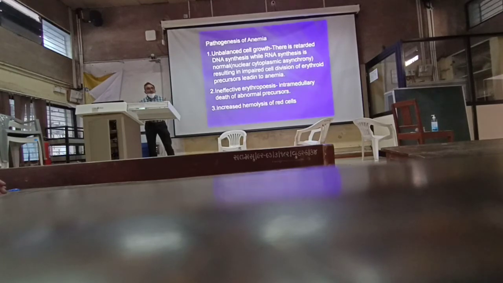Number two, the cells formed are also defective. Anisopoikilocytosis. The shape is also abnormal because of the large content, so they cannot pass through the reticuloendothelial system properly. So extracorpuscular destruction is also there. The cells which are formed, although they contain enough hemoglobin, are fewer, and out of those, a few are destroyed by the reticuloendothelial system. This is the reason for megaloblastic anemia.